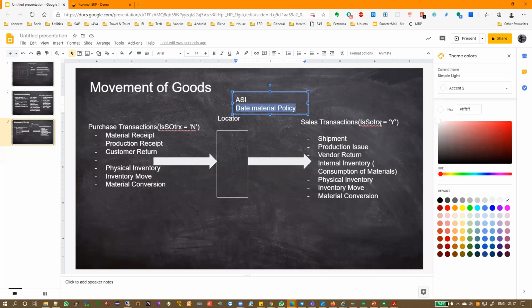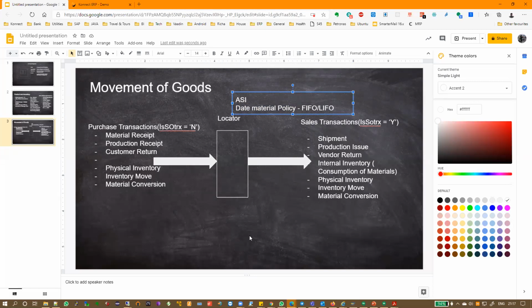For outgoing transactions, it's not based on the date of the shipment. It will check the locator for the earliest or the latest date material policy. We have two methods, FIFO and LIFO, used to determine whether to pick up the earlier stock or the later stock. So FIFO and LIFO is determined by the date material policy.